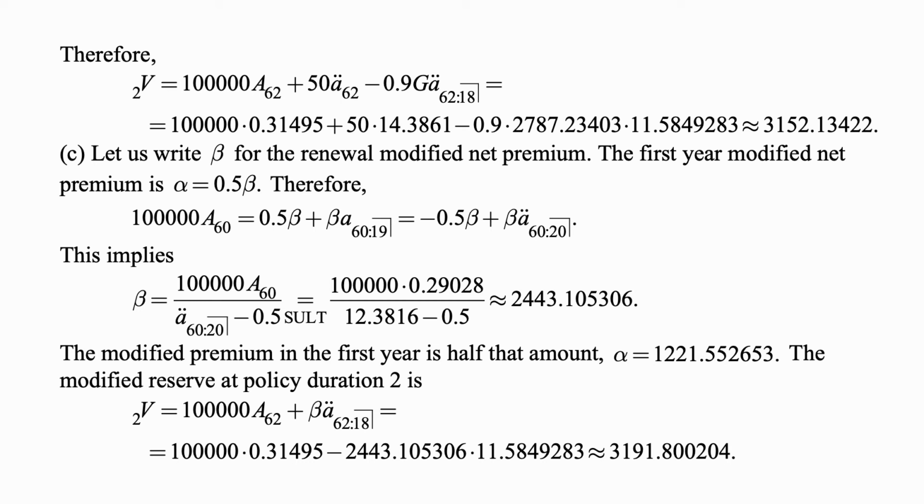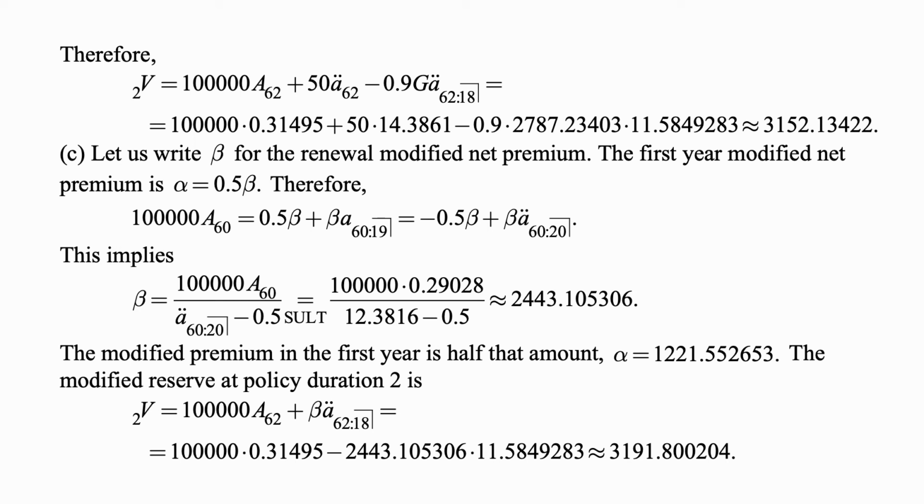A60 and A double dot 60 colon angle 20 are in the table. We look them up, plug them in here, solve this, actually just calculate this, and we get beta to be approximately 2,443.105306. The modified premium in the first year is half that amount, so alpha is 1,221.552653. And the modified reserve at policy duration 2 is 100,000 A62